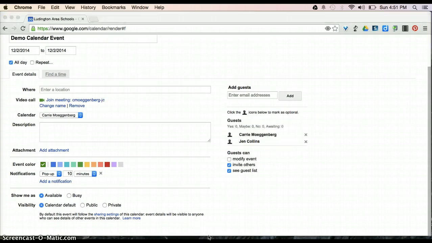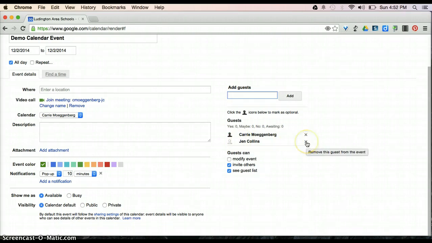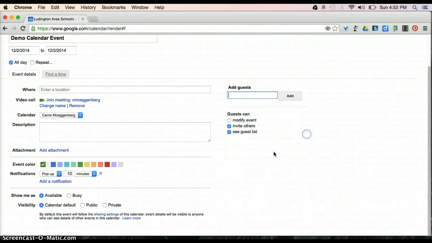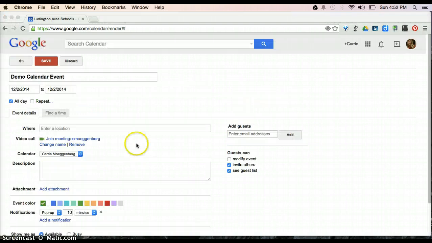If you choose to have one of your invitational guests from over here be optional, notice that it says click the person icon and mark as optional. So I could select that, and it makes it a different color, stating that yes, they're invited, but it's not a required commitment. So if I come up here and click Save,